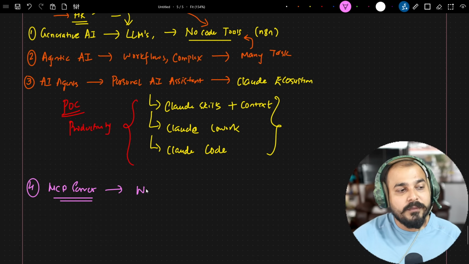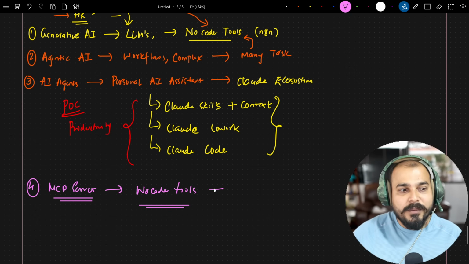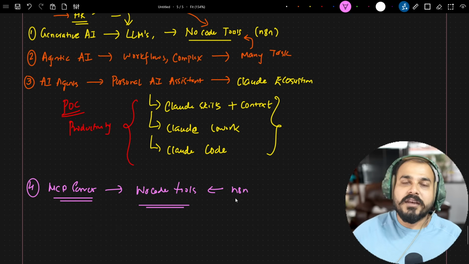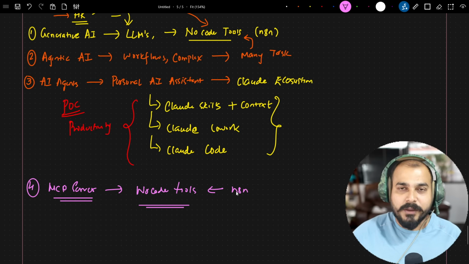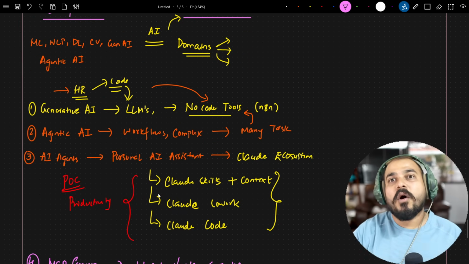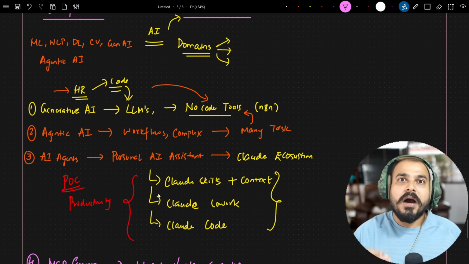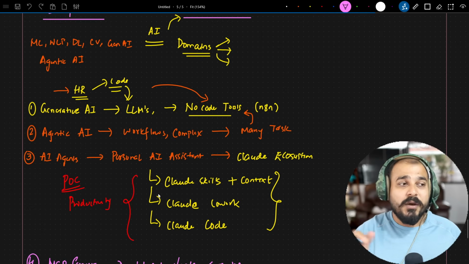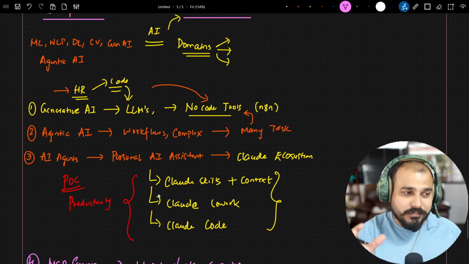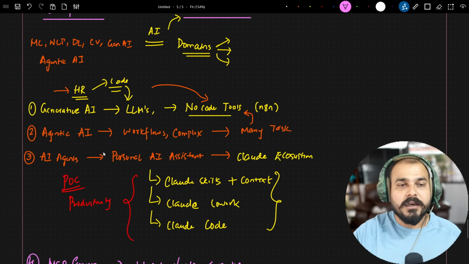But what if I say that with the help of, let's say, no code tools also, I can help you get an example of how the MCP server works and how you can create it, right? And there also we may use some of the tools, let's say N8N, or some other no code tools to do the same thing. So, considering this, we are going to cover each and every important topic that is currently required in generative AI and agentic AI, and we will also show you how you can implement every one of those things with the help of a no-code tool, right? So this is the main aim of launching this particular course.